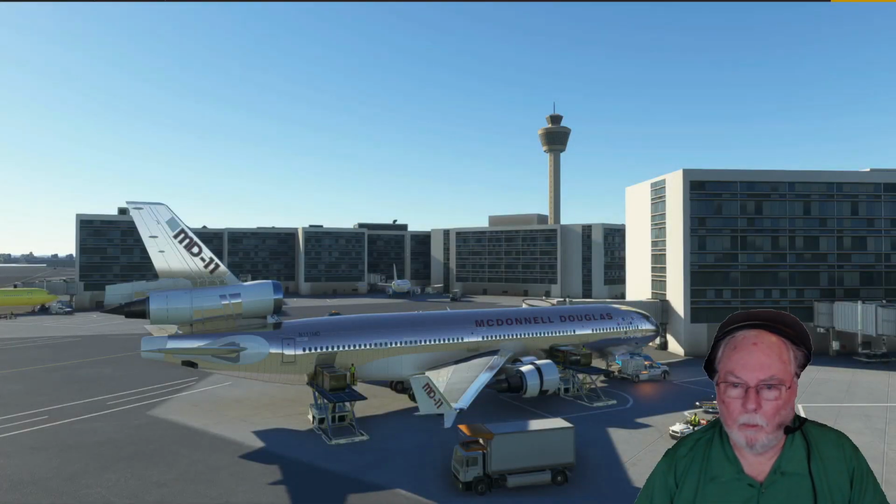Well, hello everybody, Bug Eater 64 here, and we're getting ready to do a flight in Microsoft Flight Simulator in the Skysim MD-11. So we are at Dallas Fort Worth,